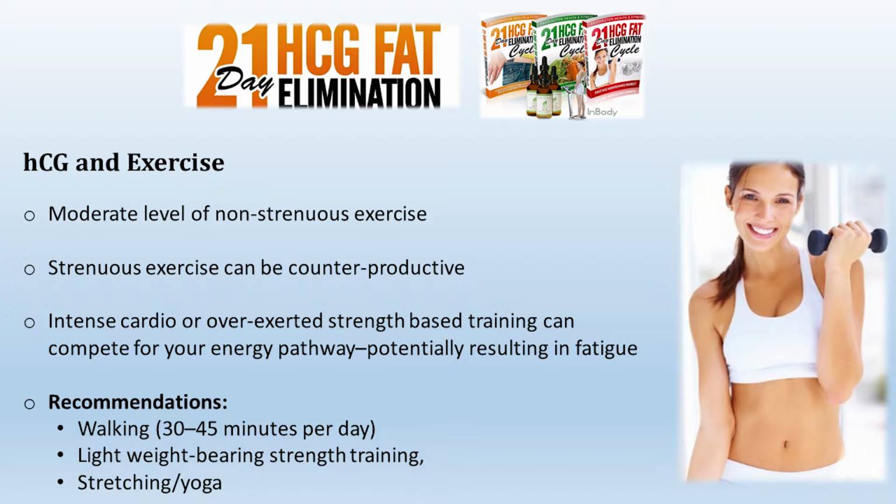Okay. hCG and exercise. I'll stand up here as a health and fitness professional, and I'm going to say a moderate level of strenuous exercise. So we're going to take it down a lot, okay, for these 3 weeks. Strenuous exercise can be counterproductive. Intense cardio or overexerted strength-based training, this is just for 21 days, will compete for your energy pathway and result